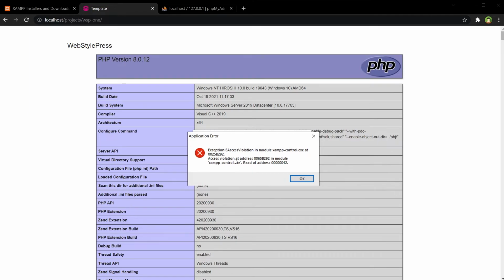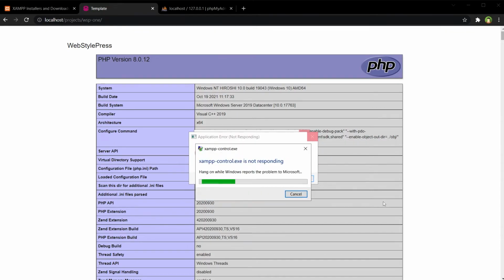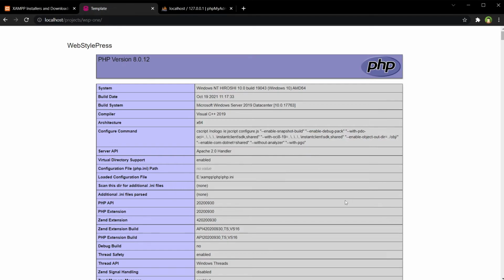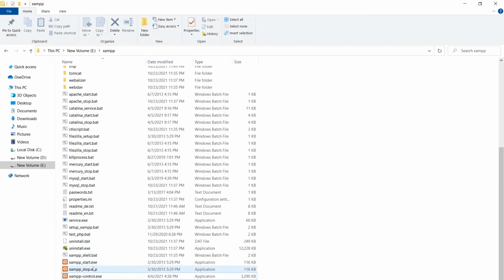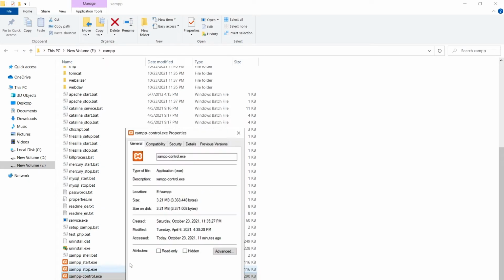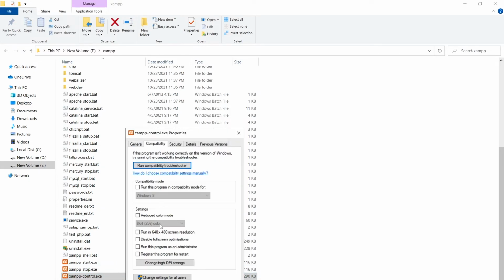Okay, this is an application error. Close it, close the program. So to avoid this error, run this program under administrative privilege.